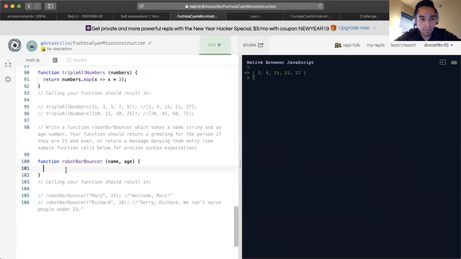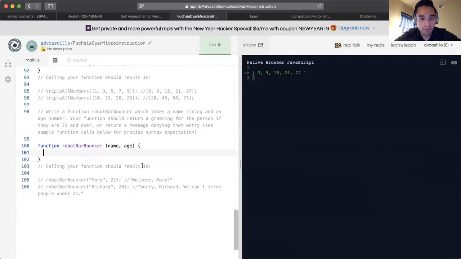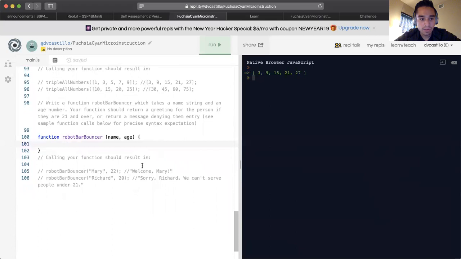We're supposed to write a function which takes in a name string and an age, and it should return a greeting for the person if they are over 21, or return a message denying entry. So we're going to begin by taking in the age. We'll create an if statement here. So if age is greater than or equal to 21,